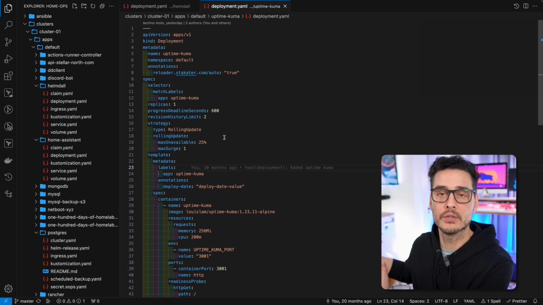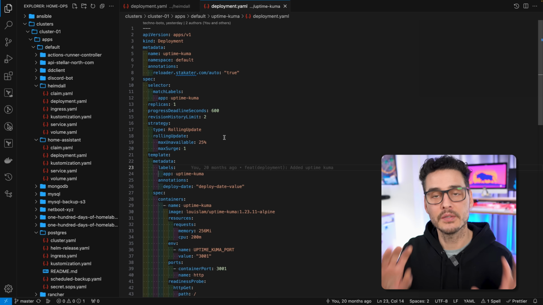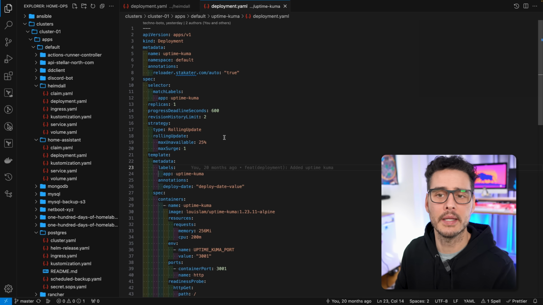Now GitOps, this is a big topic, and the idea behind GitOps is that you treat your infrastructure as code. So what does that mean? That means every piece of service and infrastructure, as far as load balancers and possibly even nodes, you define in code and you commit them to a Git repo and you push them up, and then you let CI take over and deploy those resources to your cluster. So then your Git repo becomes the source of truth and not the cluster itself or the UI that you're looking at. And I follow this practice pretty exclusively.